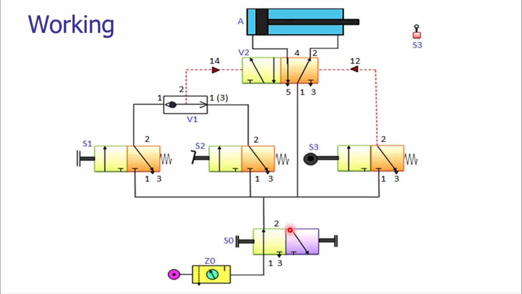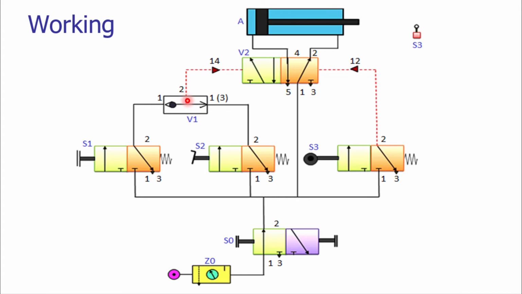Now after getting the compressed air, we are having two different valves. So this is the system start, but to operate the double acting cylinder, it is mentioned that we need to utilize two valves, the push button valve and the pedal operated valve. So we got the two valves. To give the output from both these valves, we are using a shuttle valve as well. So we have placed a shuttle valve over here.